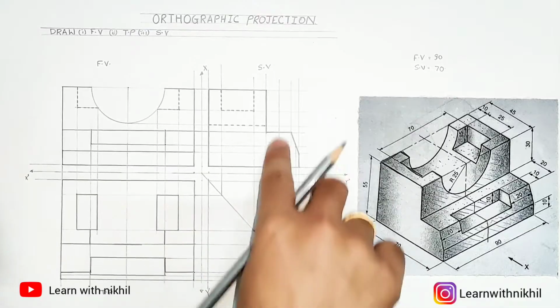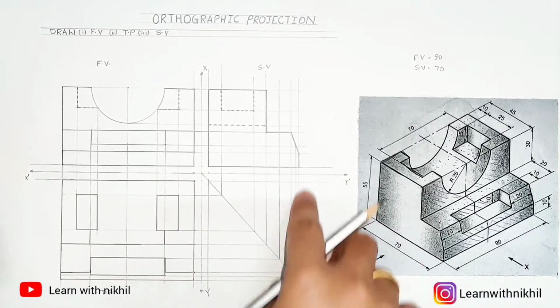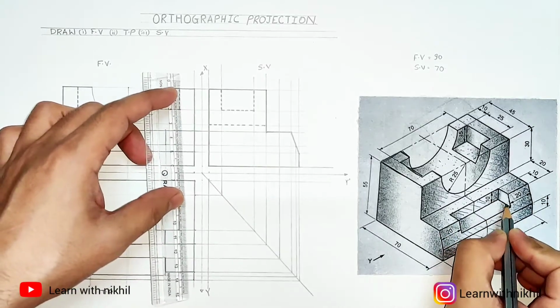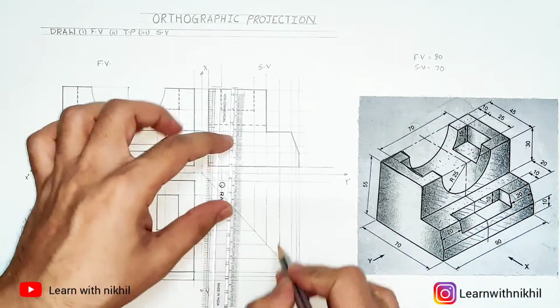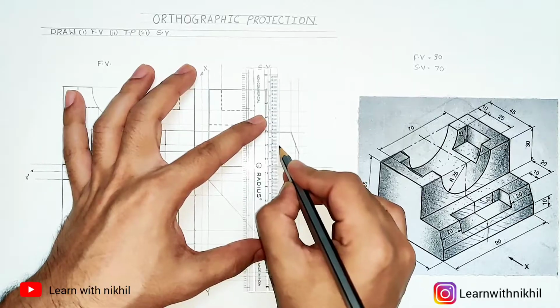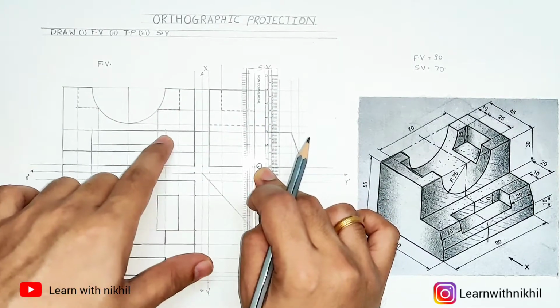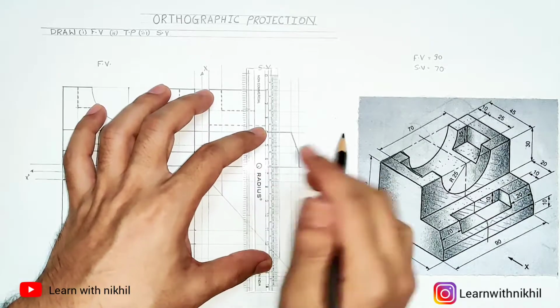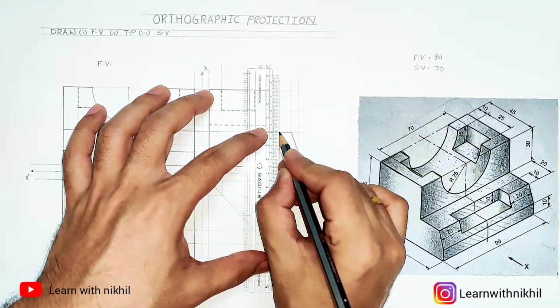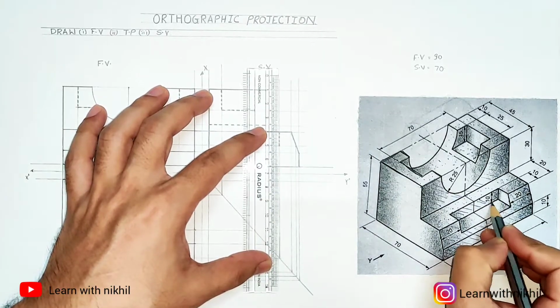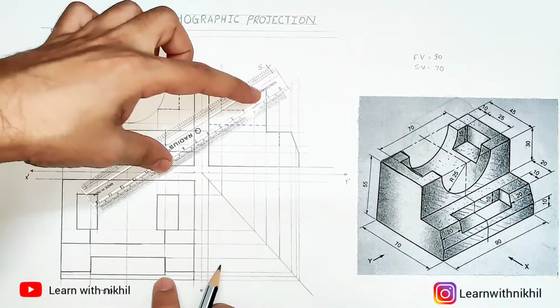Now this block is also hidden at the side view. This rectangular block is hidden at the side view with this L shape. Projection from the front view. This is that block. The height will be taken from the front view and the width from the top view. So hidden line is drawn.